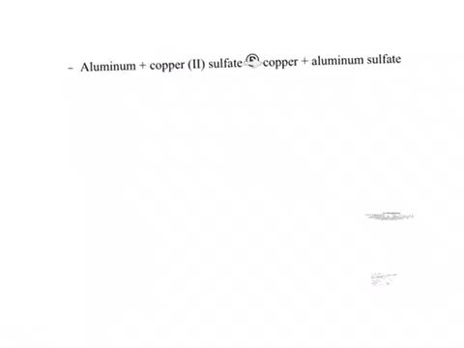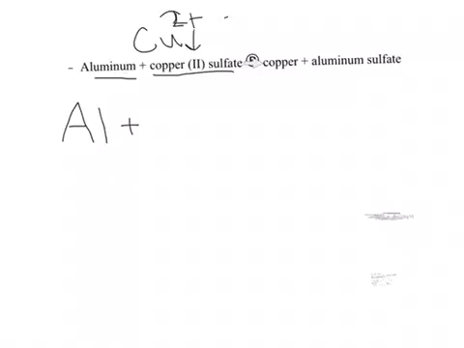All right, so let's balance this equation. First thing that you have to do is write out the chemicals. So aluminum is aluminum metal, so we write Al, and then it reads copper 2 sulfate. So that copper has a plus 2 charge because of this 2 right here, and sulfate is SO4 2 minus. So when we take into account the 2 charges, they cancel out. We get copper sulfate